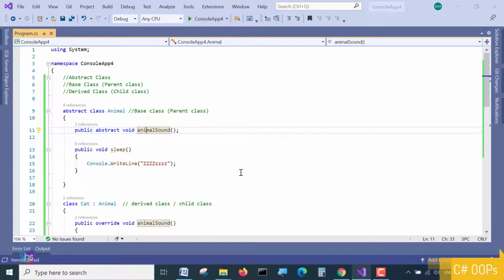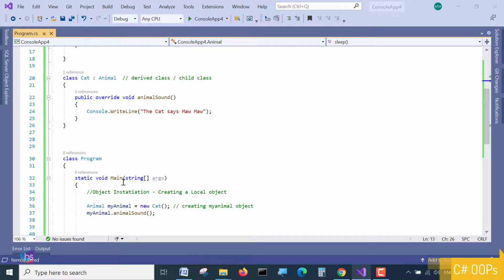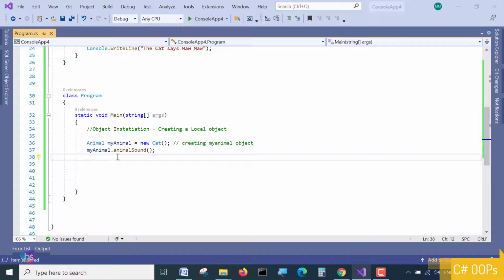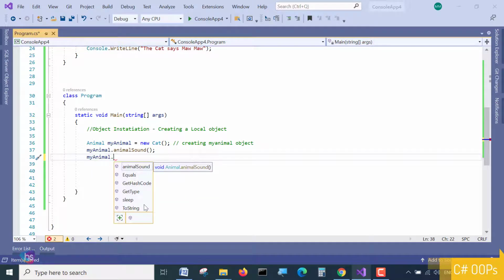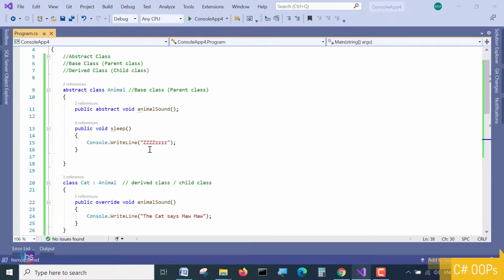And again I'm calling the regular method Sleep also. It's very easy: my animal dot Sleep. Sleep is the local method which we have created in the abstract class. So just save and run it.